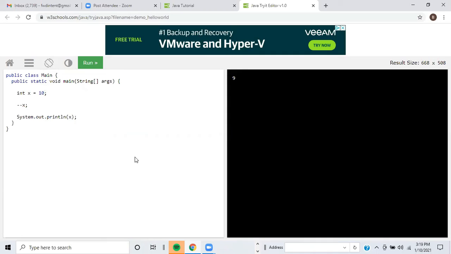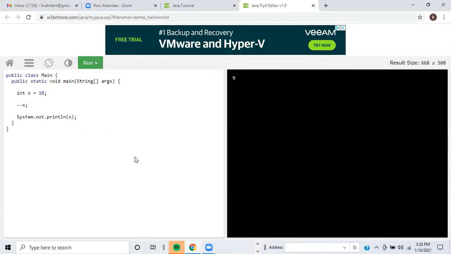So those are all our operators. We have the plus sign, the minus sign for subtraction, the asterisk for multiplication, and the slash for division. We have the percent sign for modulus to give you the remainder of 2 numbers that are being divided. And we have plus plus, so plus plus and the variable name will increment by 1. And minus minus and the variable name will decrease the value of the variable by 1. So those are our arithmetic